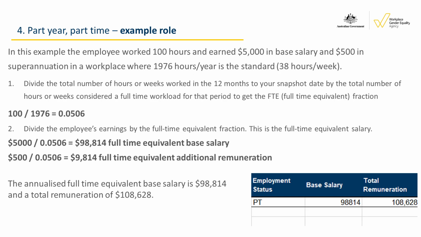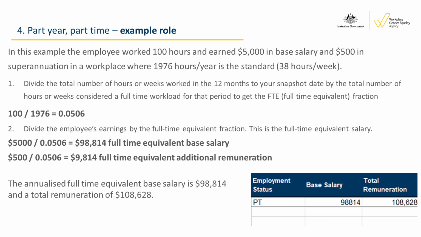In this example, the employee worked for 100 hours and earned $5,000 in base salary and $500 in superannuation. This is a workplace where 1,976 hours per year is the standard, which works out to about 38 hours per week. Following the steps from the previous screen, when calculated as a full-time equivalent amount and then annualized, it works out to a base salary of $98,814 and a total remuneration amount of